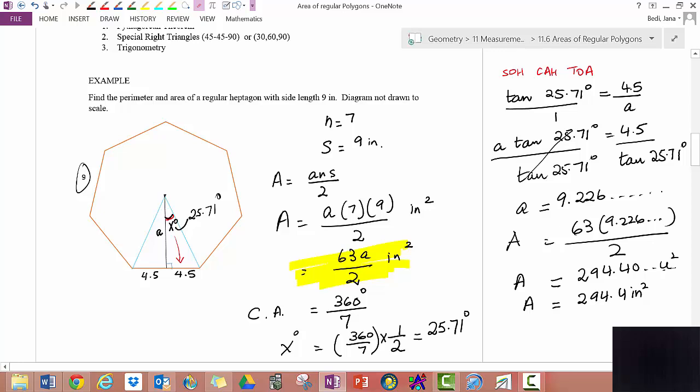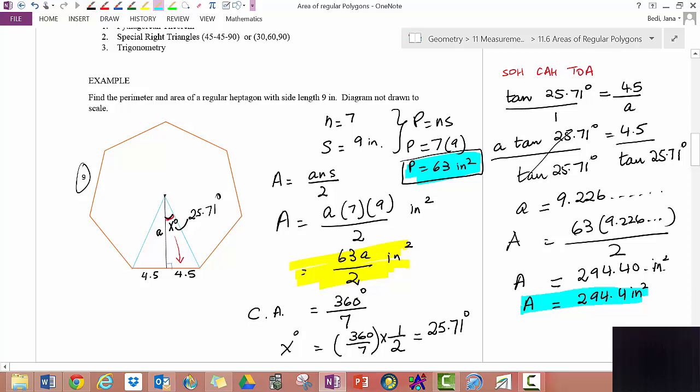Now I was not consistent about my units. I ran out of little space there. Don't worry. Okay. The perimeter of this polygon, that should be a piece of cake. We could have done it right up here. Perimeter equals n s, so that's 7 times 9, and perimeter is 63 inches. I am sorry, I'm having to squeeze this in because I'm running out of room on this screen and I don't want to. Okay. Alright, now you should take a pause and do a question like